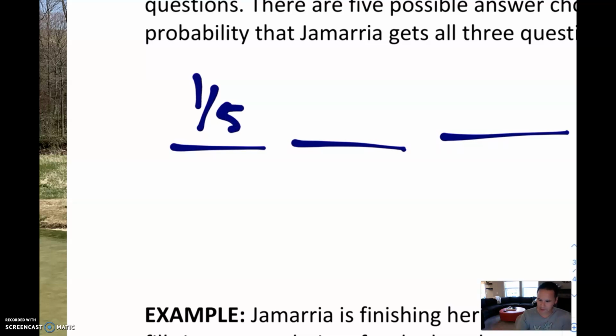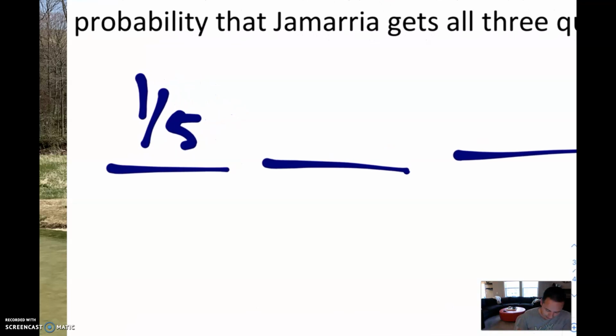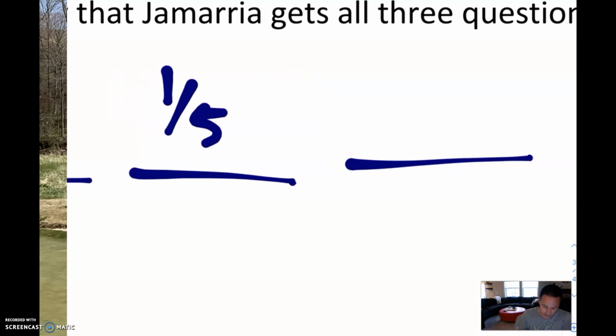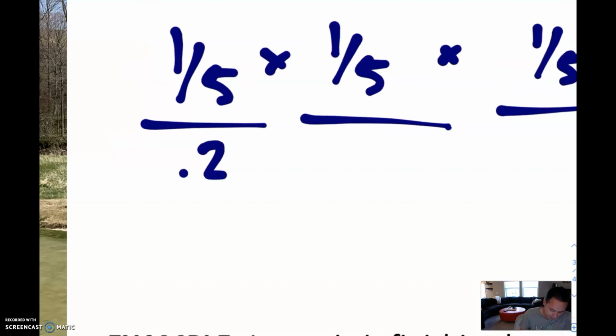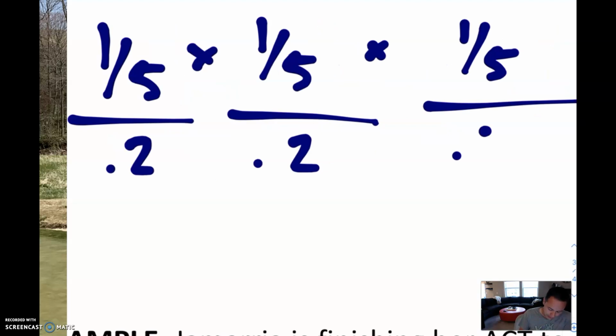Then you're going to go to the next question. You're going to guess again, and you again only have a 1 in 5 chance of getting it correct. And the same for the last one. You have a 1 in 5 chance of getting it correct. And to find the probability that you get all of them correct, we're just multiplying. Now, if you don't like fractions, just turn them to decimals. This is 0.2, 0.2, and 0.2. So if we take 0.2 times 0.2 times 0.2, we end up with